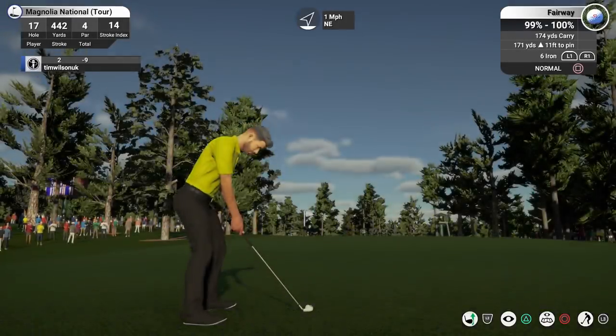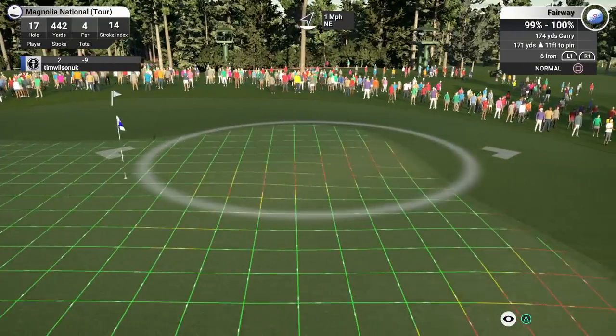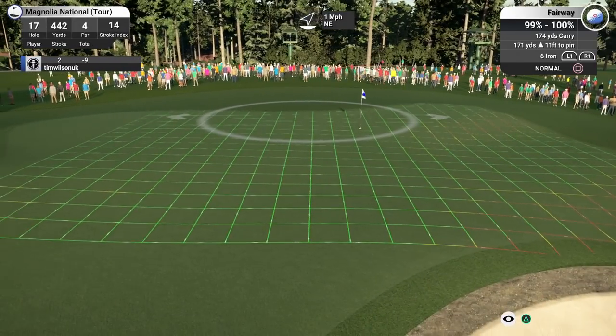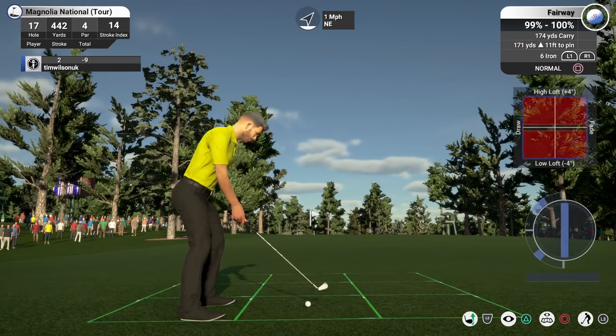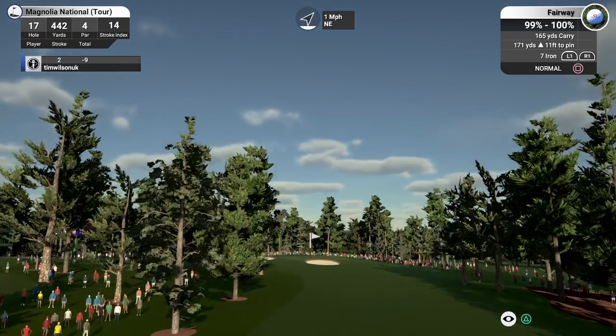If you have a look at the green, if we zoom up to the green here, you've got to make sure you get it on the right level. There are some really tough slopes here on this green, so it's making sure that you do get it on the right level. Let's have a quick look. We do want to be playing this left of the flag, but it's right on the edge of that slope, so got to really make sure that we do not...